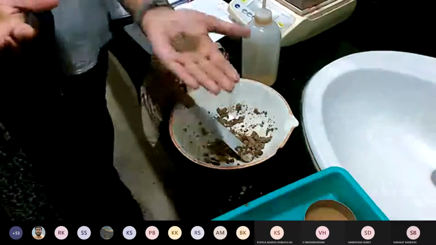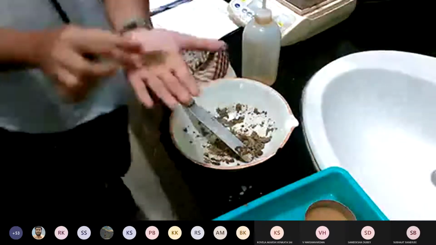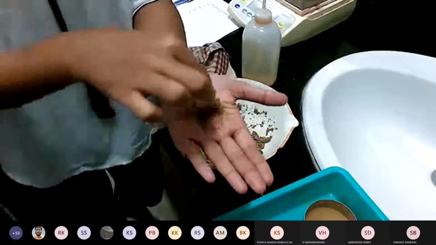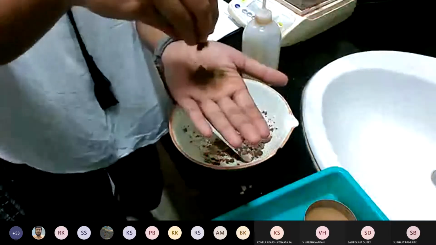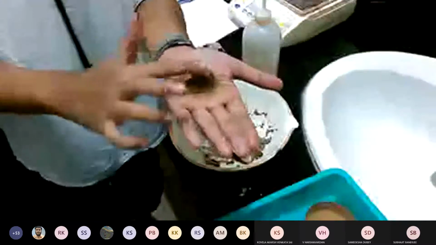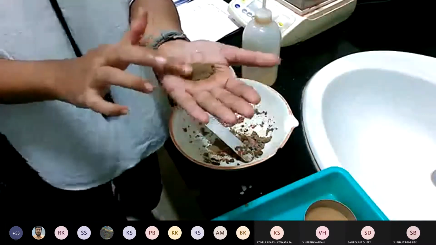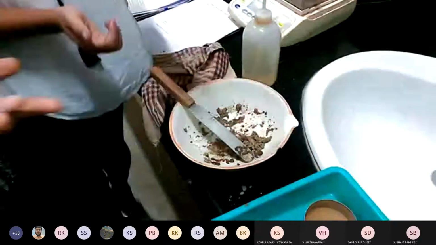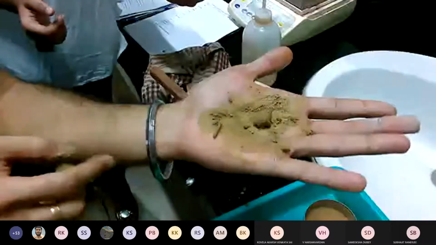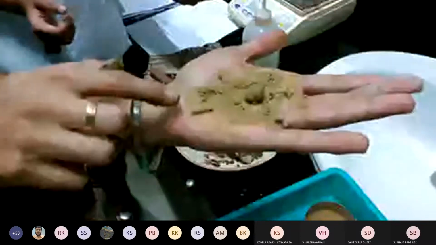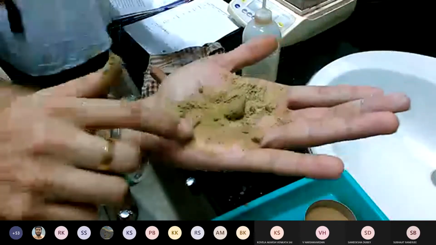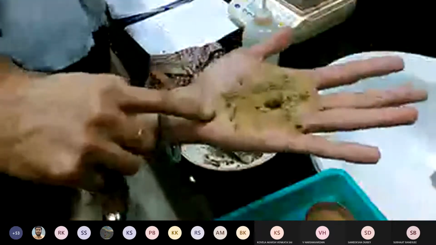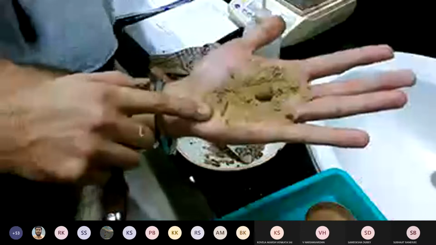That can be done only with fine cohesive soil. This is sand, so it won't be converted into any threads. Now this is another kind of soil. Here you can see, even if we add some amount of water, it still behaves like pulverized particles. We are not able to convert this soil into thread. Here, in this type, you can see a still thinner thread, approximately 1 millimeter.